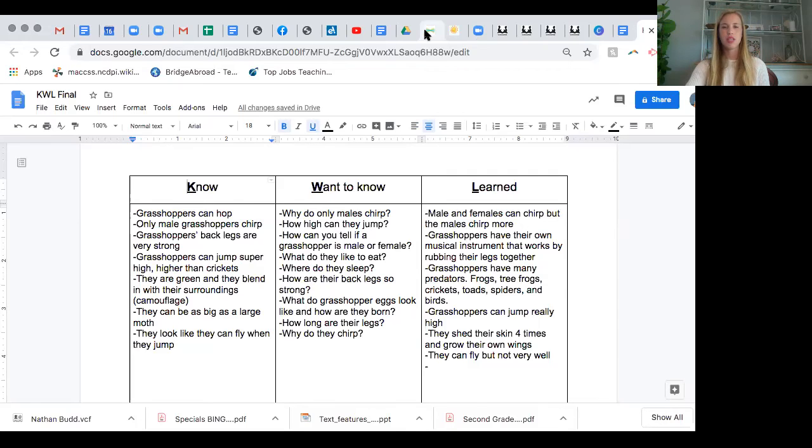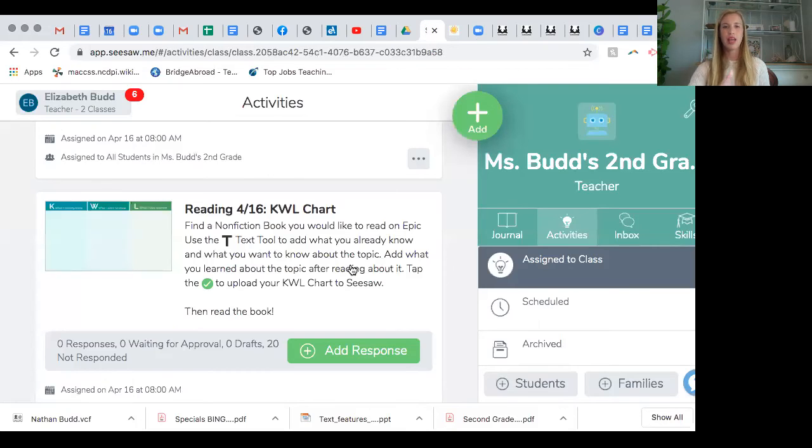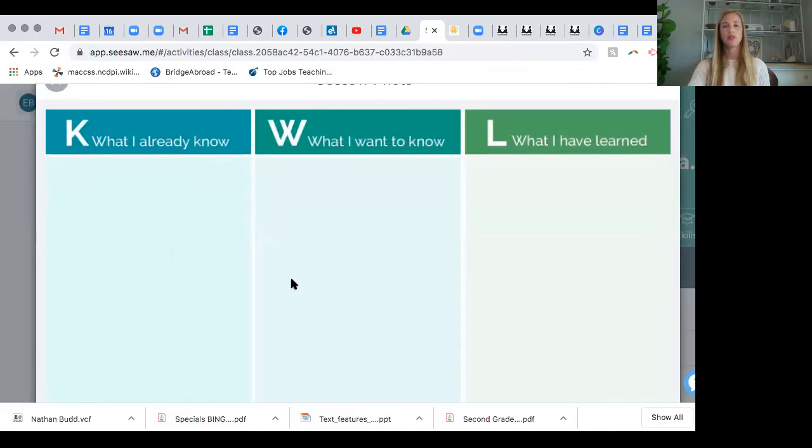Today, when you do your Seesaw assignment, you are going to be choosing a nonfiction book, any nonfiction book that you would like, and you're going to be creating your own KWL chart. So you're going to be writing, what do I already know about this topic? And what do I want to know about this topic? Then you're going to read your story, and at the very end, what did you learn about this topic? So good luck completing your KWL chart